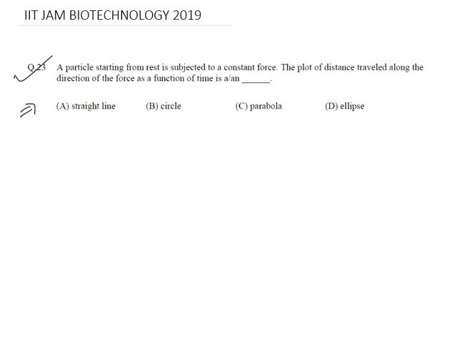A particle starting from rest is subjected to a constant force. The plot of distance traveled along the direction of the force as a function of time is